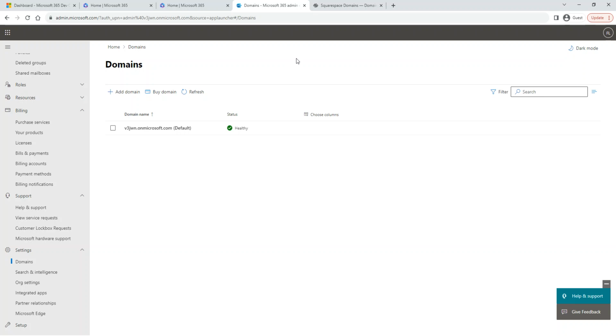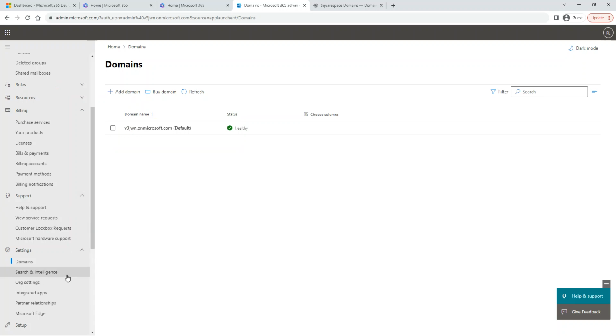So if I have a domain called testify.com, my employees' or users' emails are going to follow user1 at testify.com, user2 at testify.com, user3 at testify.com, and it continues like that. That's how it goes. But right now, since we don't have any domain, we don't have to bother, but this is what they do. They have to add an additional domain. You have to verify that you own that domain, and then it will automatically get added. All of your users will have email directly linked to that domain.